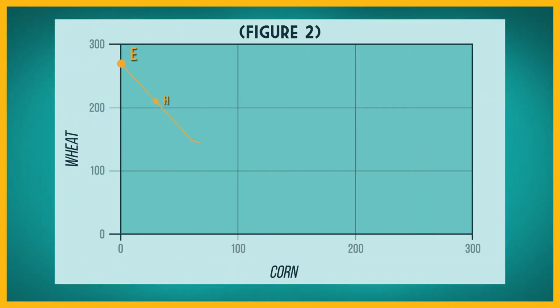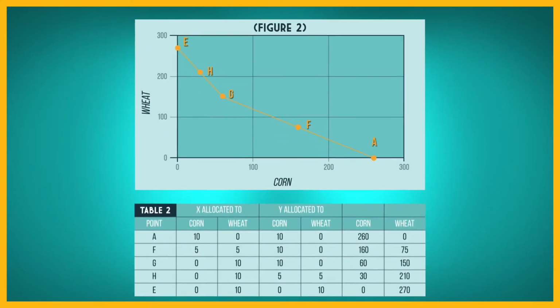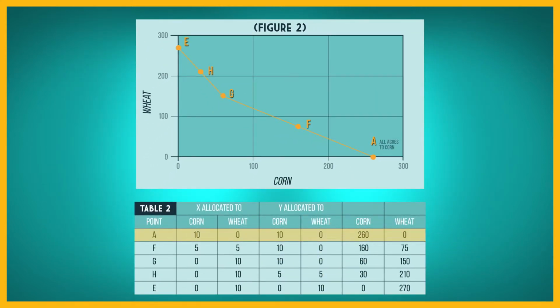The line segments in Figure 2 show the combinations possible when the economy allocates Y to wheat only after using all of its X for wheat. The economy reaches point A when it allocates all of its land to corn, point F when it allocates 1/2 of X to corn and the rest to wheat, and all of Y to corn,